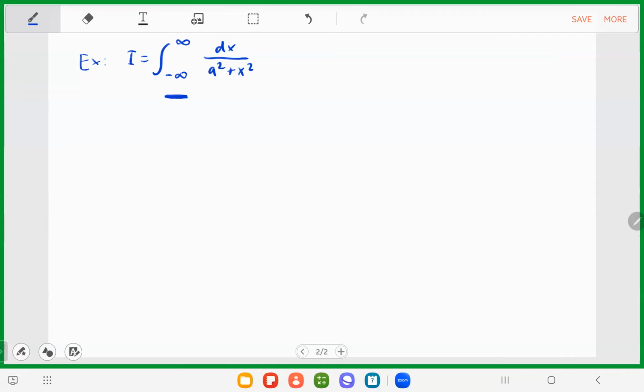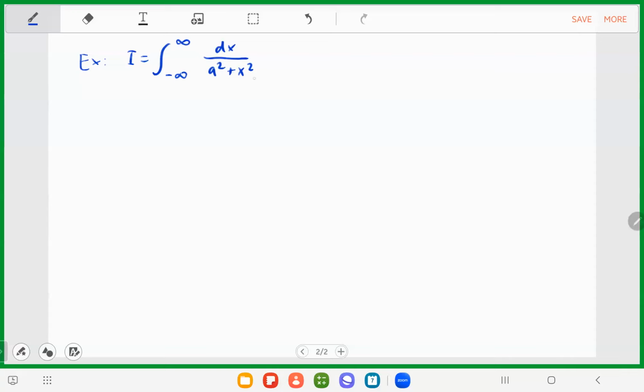But in some cases like here, we could find the integral by first taking the indefinite integral and then evaluating it at the limits. And in this case, yes, the indefinite integral of 1 over a squared plus x squared can be found in terms of the arctangent. But okay, this is just an example. How do we do this? Well, again,